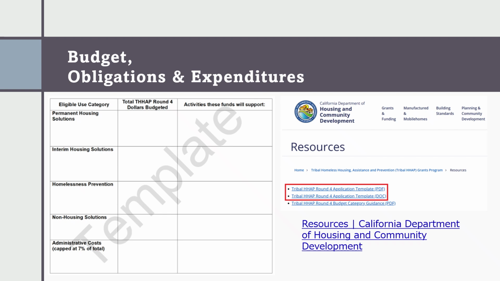A grantee can revise their budget anytime during their grant period, as long as they still have grant funds to move between the different eligible categories. Our budget modification link isn't available on our website. However, if the grantee needs to submit a budget modification anytime, they may reach out to their technical assistance provider or the Tribal HAP team, and an email with a link will be sent to them. If the grantee would like a budget template, we have one available on our Round 4 application template, available on our program's website under Resources.